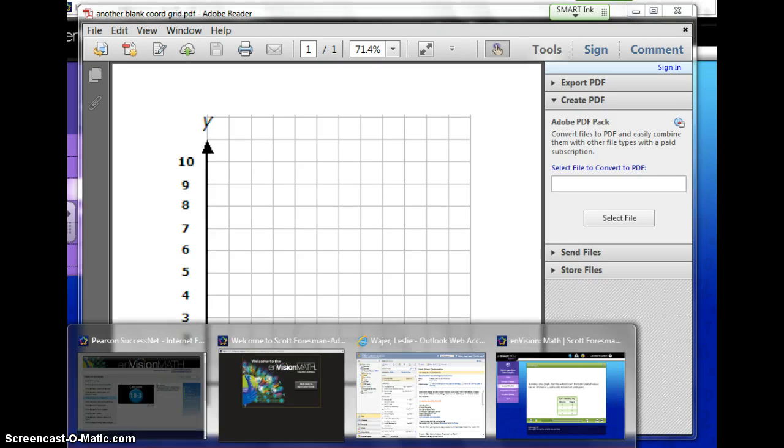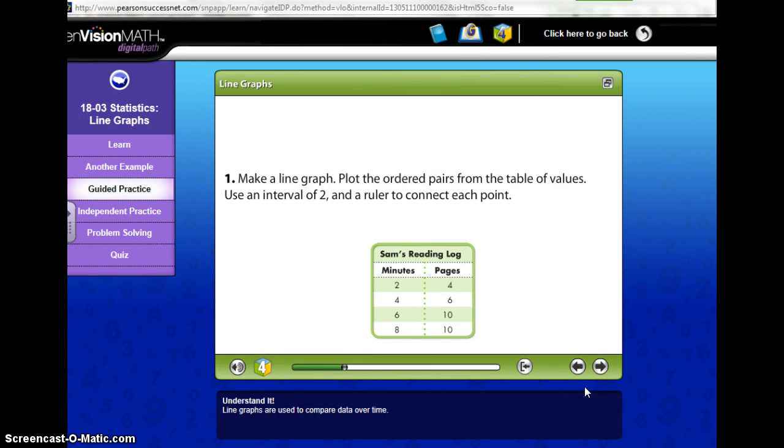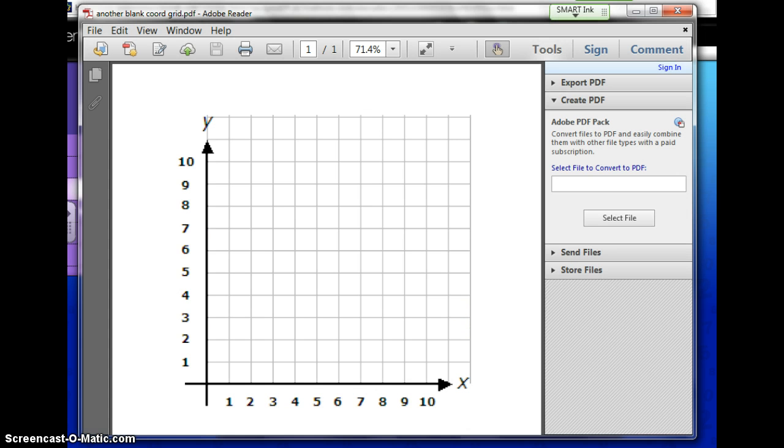We'll click back so that you can take a quick peek again. That's right. What are you going to do for the title? Yep. Okay, so Caden is titling it. She just said she's going to title it Sam's Reading Log. Okay, now down here,